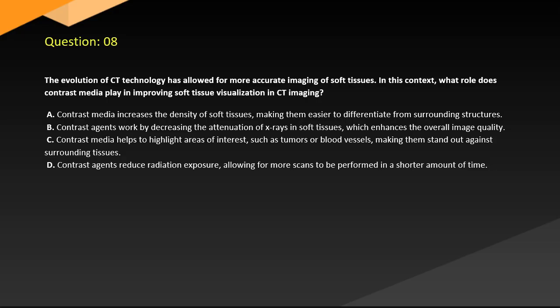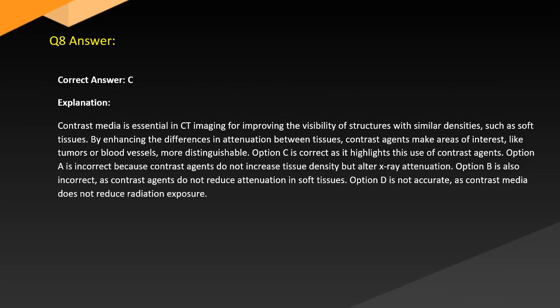C. Contrast media helps to highlight areas of interest, such as tumors or blood vessels, making them stand out against surrounding tissues. D. Contrast agents reduce radiation exposure and allow for more scans performed in a shorter amount of time. Answer. Correct answer: C. Explanation. Contrast media is essential in CT imaging for improving the visibility of structures with similar densities